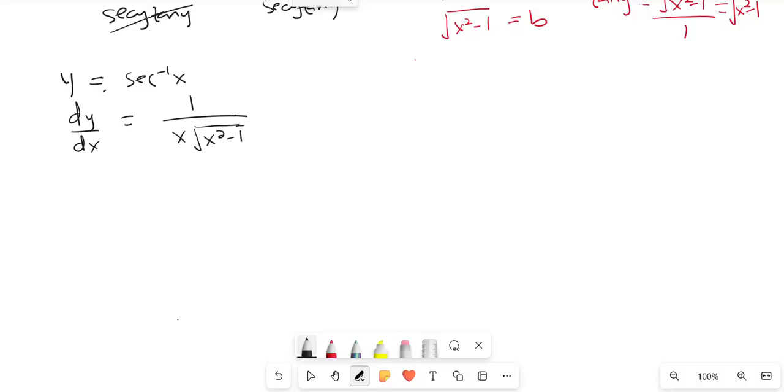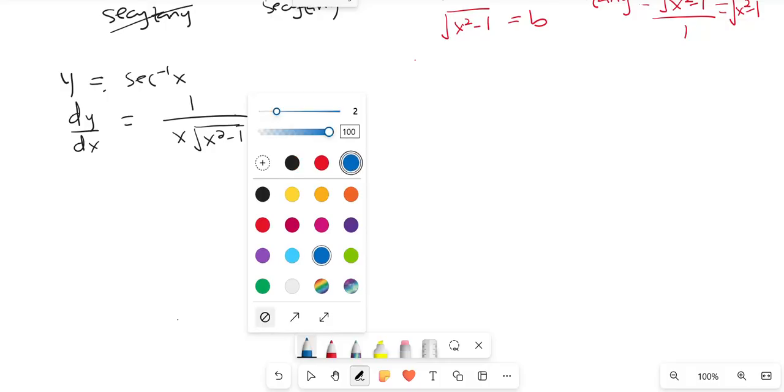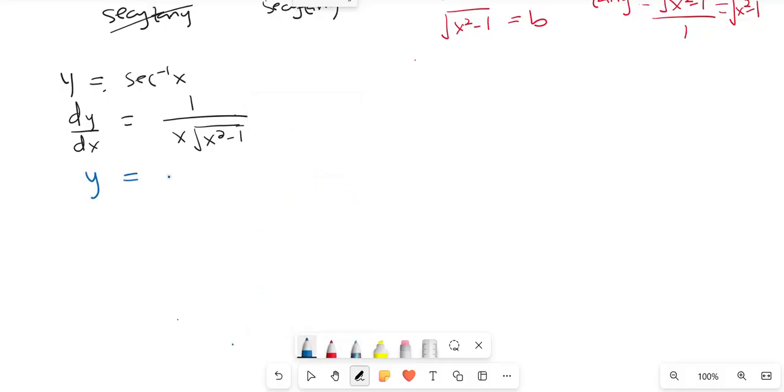What if we have y equal to the cosecant inverse of x? Following the same trend, the derivative of the cosecant inverse of x is equal to the negative of what we found, which is x square root of x squared minus 1. That is it. So to summarize this video, for all the 6 inverse trigonometric functions,